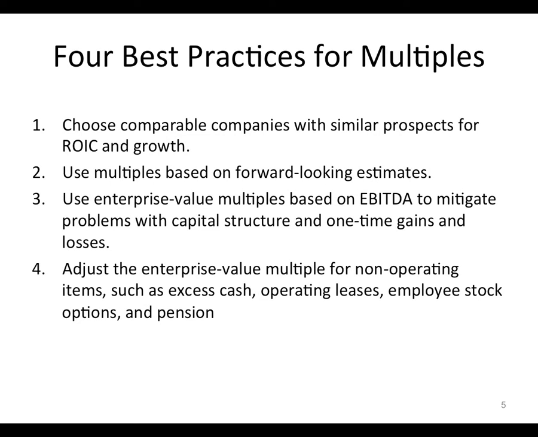Best practices. You want to find companies that have similar growth and ROICs. You want to use forward-looking multiples. You want to generally use enterprise value multiples wherever possible because they're less prone to distortion. And you have to be aware of things that will distort a multiple, particularly non-operating items, differences in tax rates, differences in capital structures. In fact, the most commonly used multiple, price to earnings, which is the one